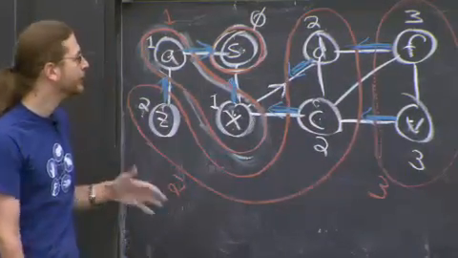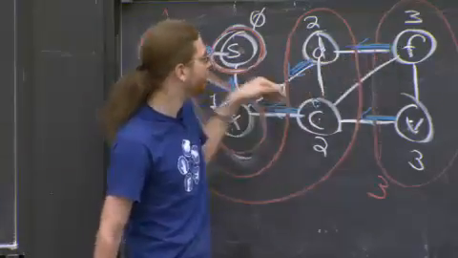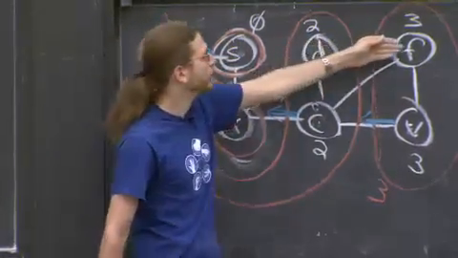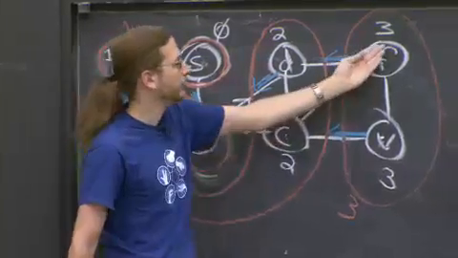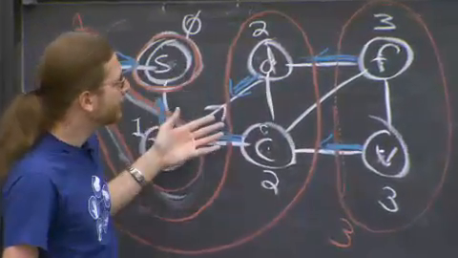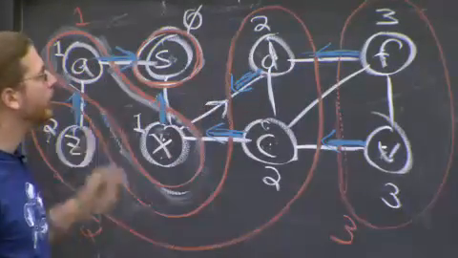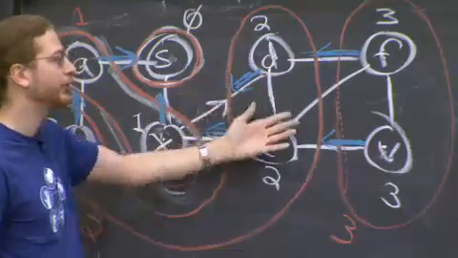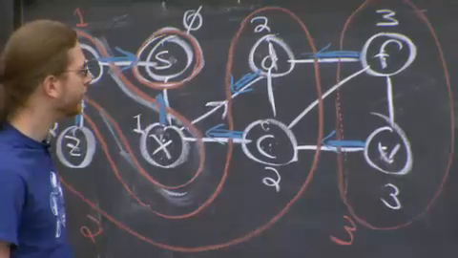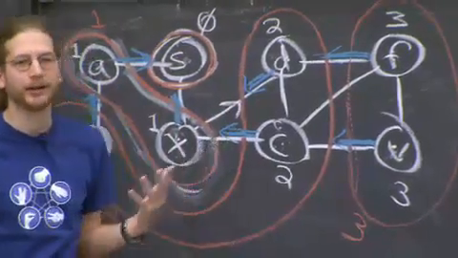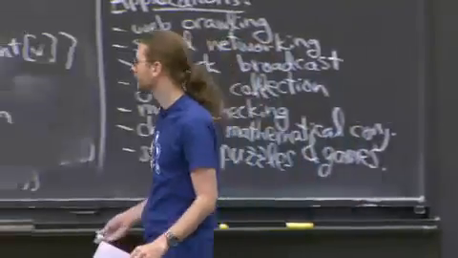Might not be the only one. Like if you're going from S to F, there's two short paths. There's this one of length 3. There's this one of length 3. It uses 3 edges. Same length. And in the parent pointers, we can only afford to encode one of those paths, because in general, there might be exponentially many ways to get from one node to another. We find a shortest path, not necessarily the only one.